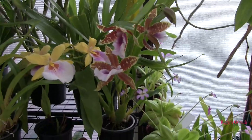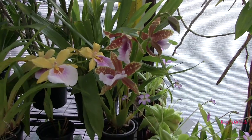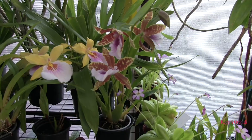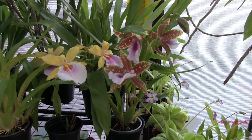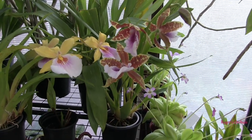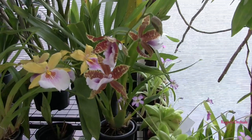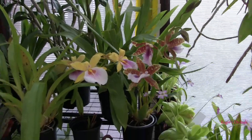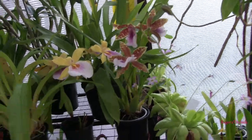I'm going to take another look at the plant next time I water it and assess whether I should let that spike grow or not. I may end up taking that spike off, and then that will push it to produce another new growth, which will help add to the root system, obviously, and get a better plant farther down the line. But I'll work on that next time I pick the...